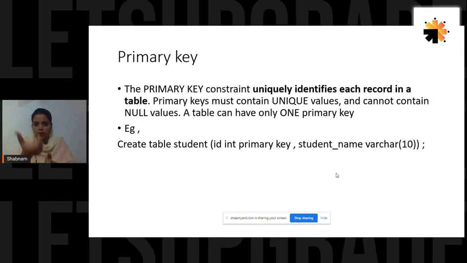That means zero has its own value. Is it right? Null means absolutely blank. There is nothing inside. Correct. So once you declare the column as a primary key, first of all, it will allow only unique data in the column. It won't allow repetition. How can two boys or two girls or two students in the same class share the same roll number? Is it right? So let's make that column a primary key. Also, it cannot contain any null values. The last part of that paragraph, you must learn by heart. Always remember, a table can have only one primary key.